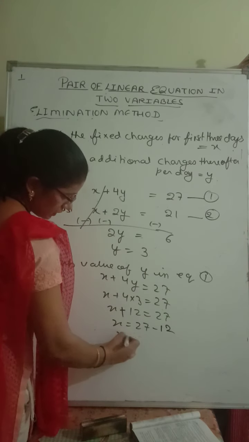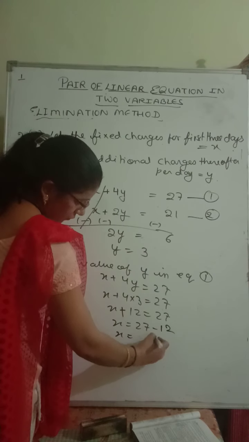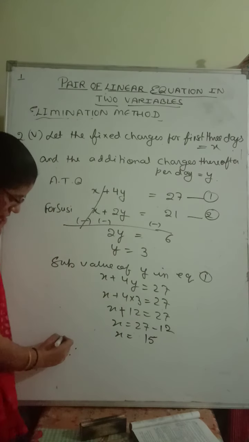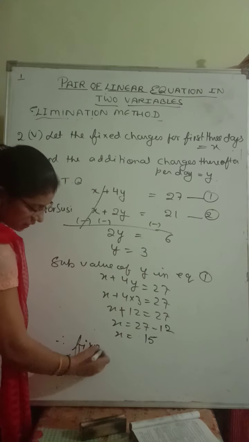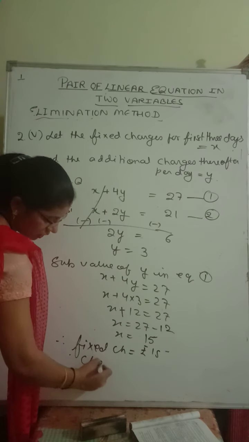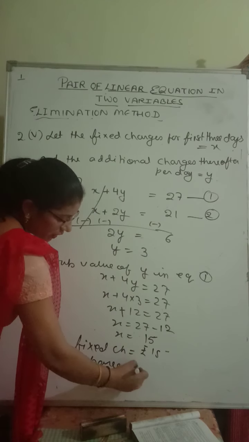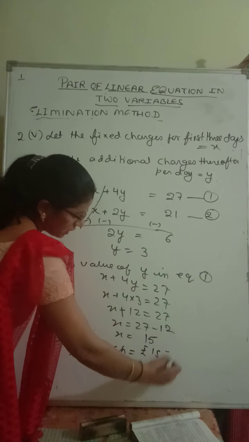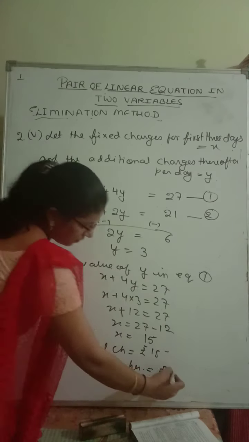So we'll get x is equals to 15 rupees. So therefore fixed charges for first 3 days, fixed charges कितने हो गए? Rupees 15, and the charges per day thereafter is equals to rupees 3. तो फिक्स 15 रुपीज़ पहले 3 दिन के, 3 रुपीज़ per day उसके बाद।